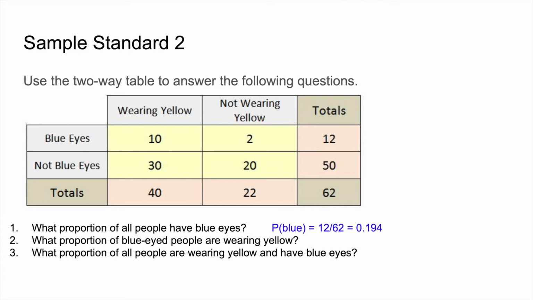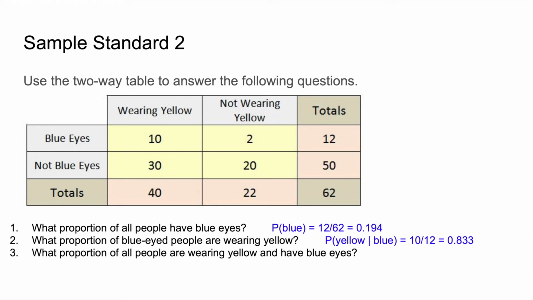What proportion of blue-eyed people are wearing yellow? So this is where it gets a little bit more complicated. This says what proportion of blue-eyed people, which means that we are only looking at the row that says blue-eyed people, right? We're only looking at the 10, the 2, and the 12 to get our answers here. If we're only looking at those blue-eyed people, the question is, how many of them or what proportion of them